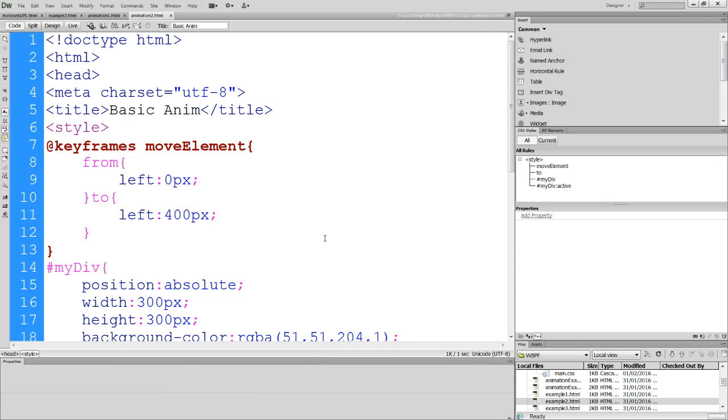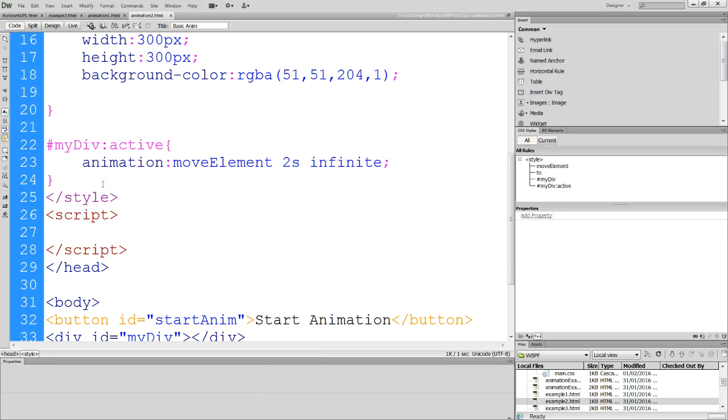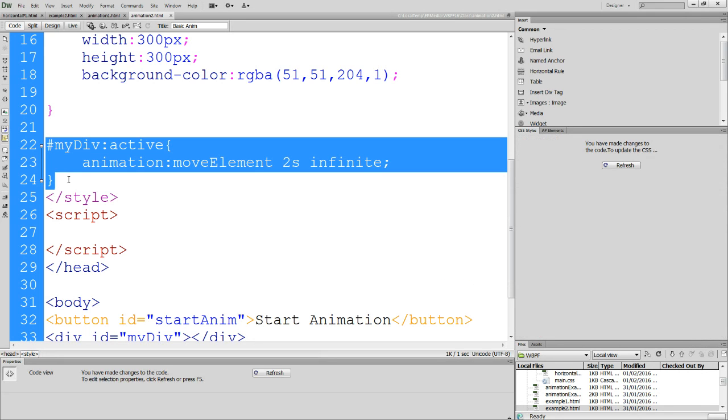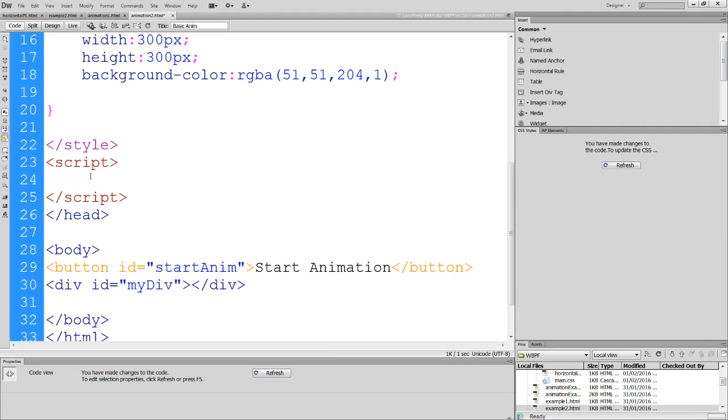Oh, I've just done that. I've saved it as animation 2 because I'm not going to need this bit of text here. We're going to have to transfer, save it as animation 2. We'll pick it up when we get the next room. But basically what we're going to do in this script is make